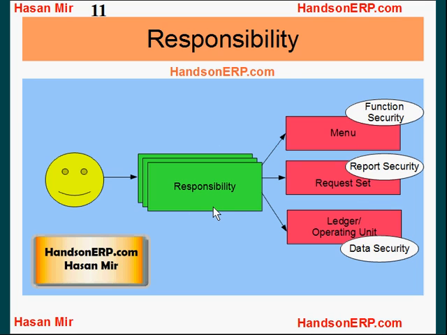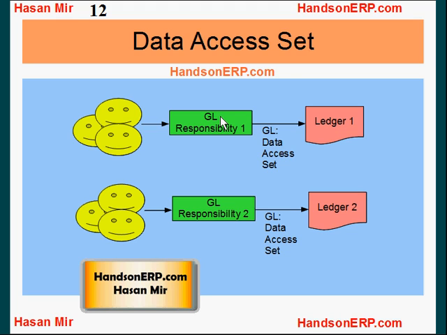And if you're talking about some subledger related responsibility like payables and receivables, then your responsibility will control which operating unit's data you'll be seeing when you go into, for example, the invoices screen. Operating unit 1 may have 10 invoices sitting in it, operating unit 2 may have 100 invoices sitting in it. So based on which operating unit your responsibility is associated with, you will be seeing either 10 invoices or 100 invoices. So we marry a responsibility in Oracle with operating units and ledgers using a feature called profile